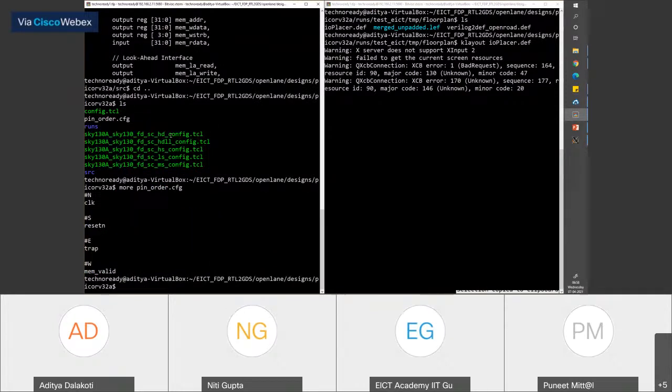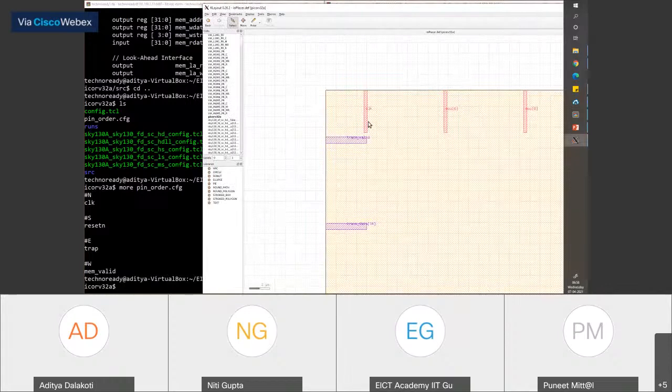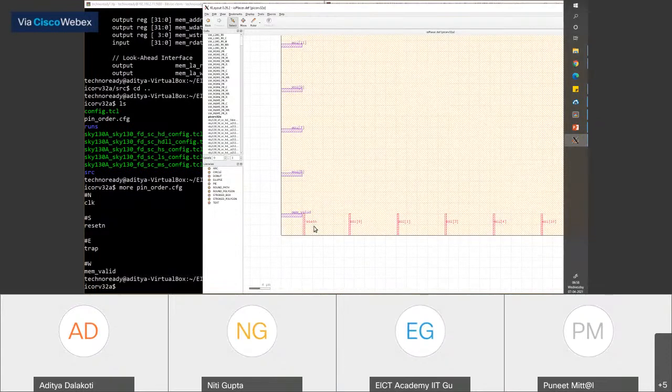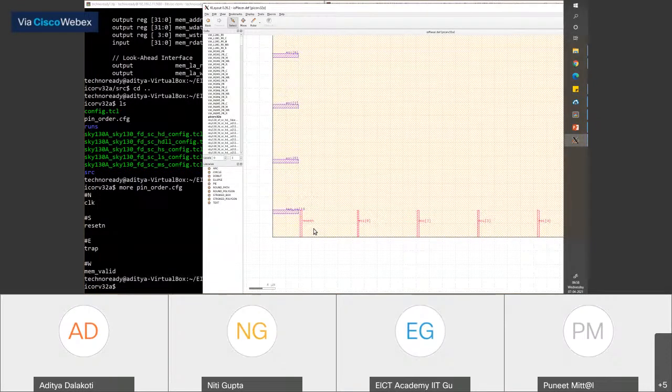Okay, so my config file said that my clock goes in the north direction, so it picked it correctly. That is excellent. Then my config file said that reset_n goes in the south direction. Let's see, yes, it picked that correctly as well. And then my config file said memvalid goes in the west direction. It has picked that correctly as well.